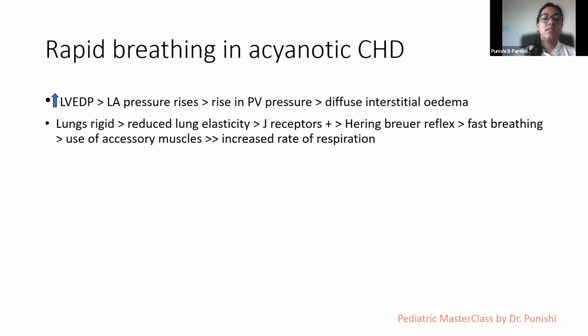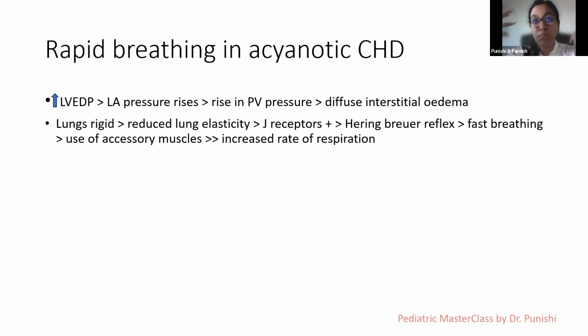The third one is, a lot of times these mothers will also complain that even at rest, the child has rapid breathing. Now why does that happen? Now we saw that there is increased pulmonary blood flow, right? So all of that blood eventually has to return into the left atrium, into the left ventricle to exit across the aorta. So when that extra amount of blood which exited the right ventricle enters the pulmonary circulation, gets oxygenated and comes back to the left ventricle,